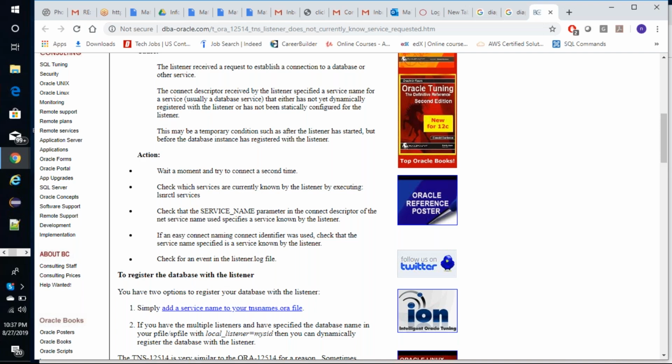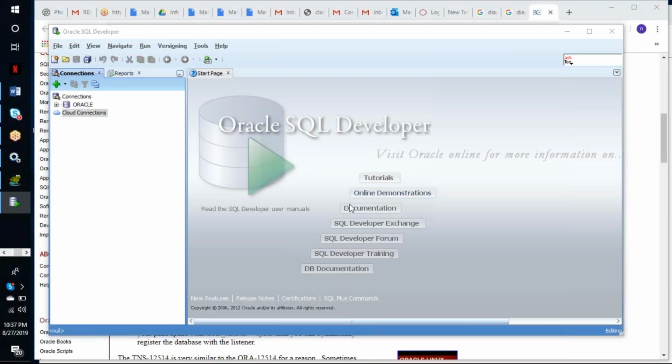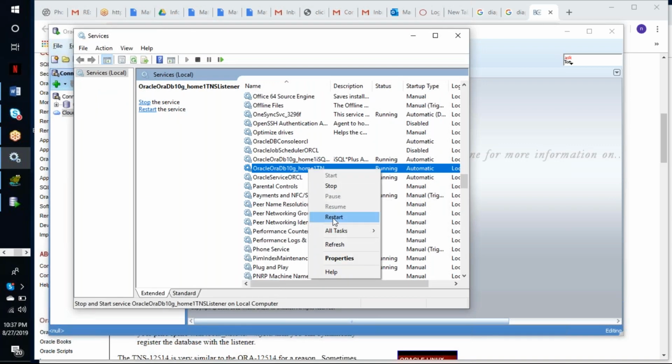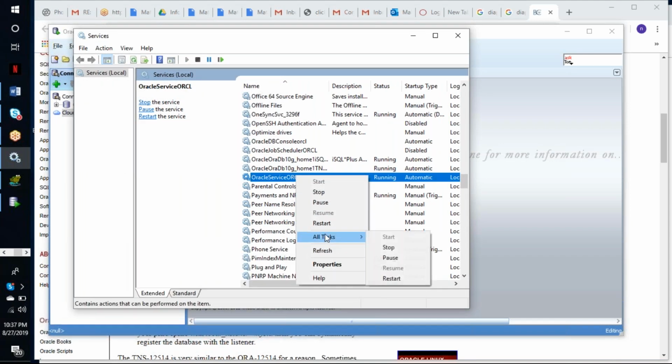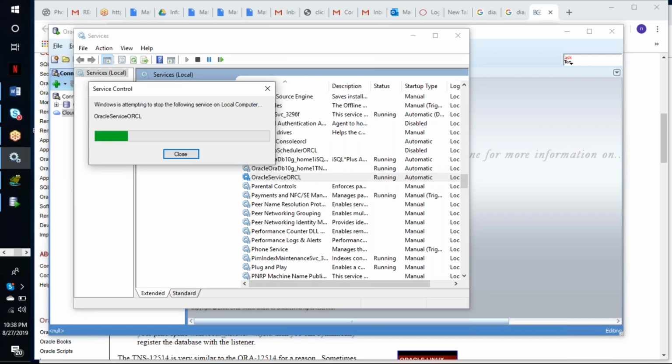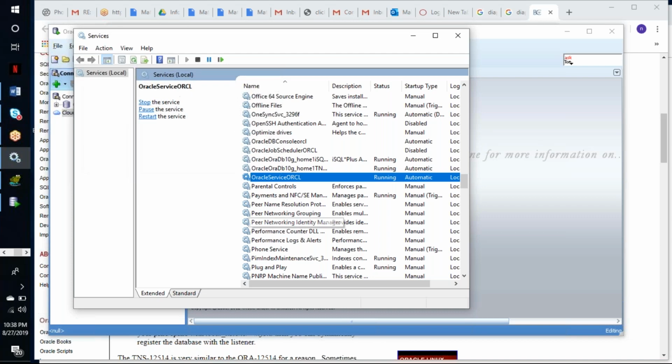Can you go back to that services window? Restart both the listener and ORCL. Now try to connect and wait.